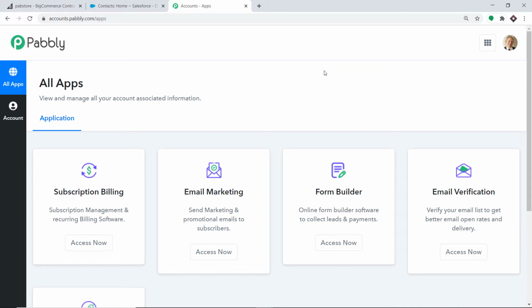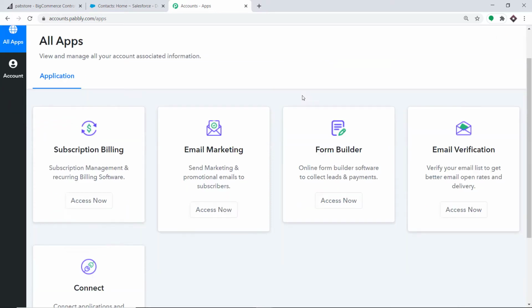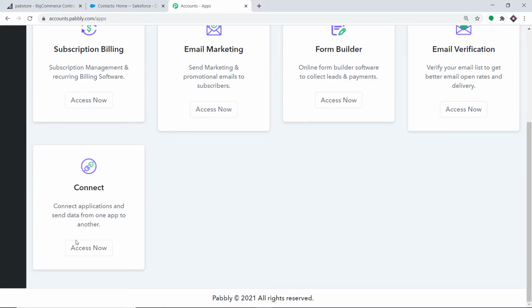You can also create your own free account in just 2 minutes. Here I would like to mention one more thing, that Pabbly Connect offers a plan where this integration can be tried out absolutely free. So you just have to clone the template of its workflow, which is available in the description box. Once you clone the template, you will get immediate access to this amazing workflow in your account. Okay, so scroll down and at the bottom you will find connect. Here click on access now.